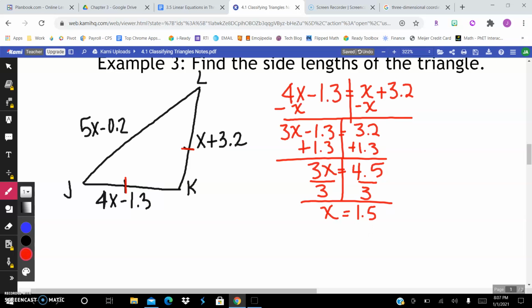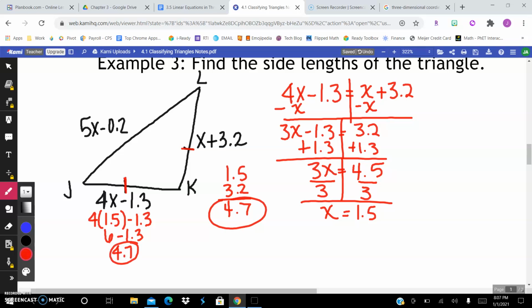but now I can use that in all 3 sides to figure out our missing lengths. So here on this first side, I have x plus 3.2. So I have to do 1.5 plus 3.2. So this side is 4.7. Over here, I have to do 4 times 1.5 and then minus 1.3. 4 times 1.5 is 6, and then we have to minus 1.3 from that, and we would get 4.7,